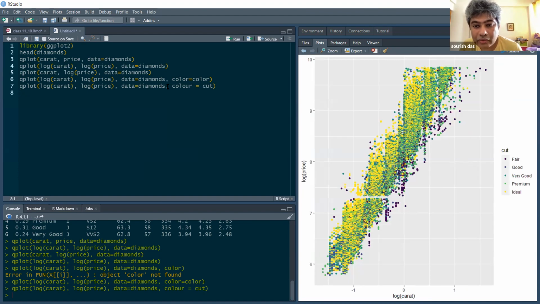So: fair, good, very good, premium and ideal. Again you can see that, given a particular carat, fair and good are at the bottom, then very good and good come, then it's green, and then ideal are yellow. Those kinds of things are happening.